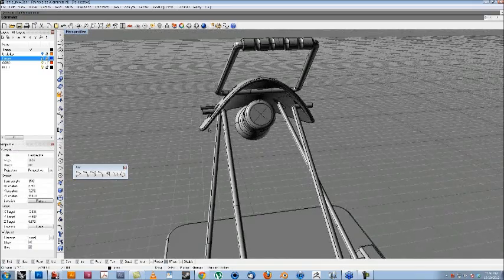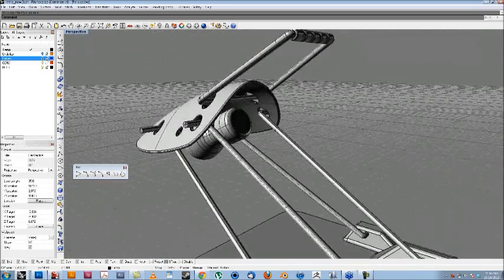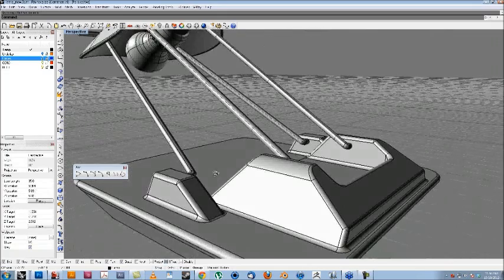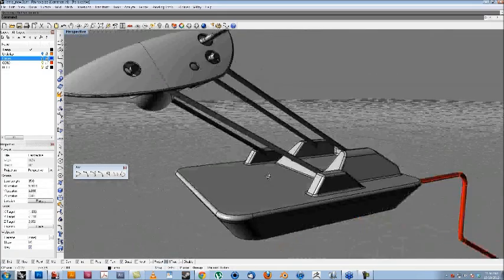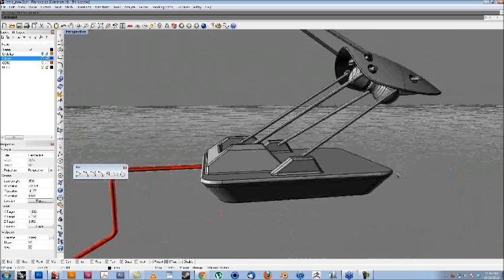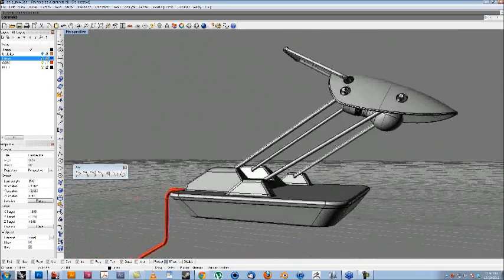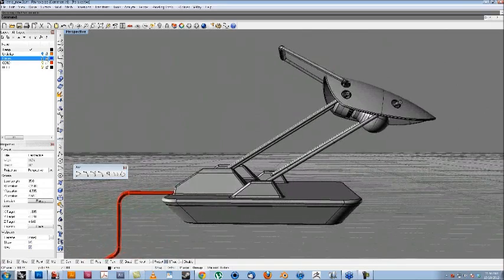So we probably put some mounting brackets in there and run a cable through one of these arms and then down into the base and then out to the power. So it really does offer you a nice balance between sketching out an idea and then going back and editing it,